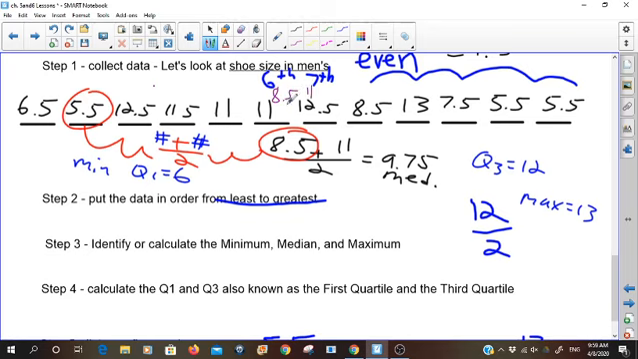And so that'd be the 6th and 7th position, and so you have to average them together. Add them together, divide by 2. That's going to give us a median. And then from our median, we would use this number, this position, and the minimum, and then we would